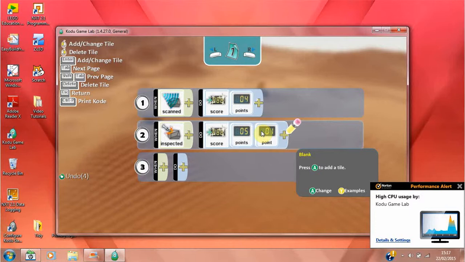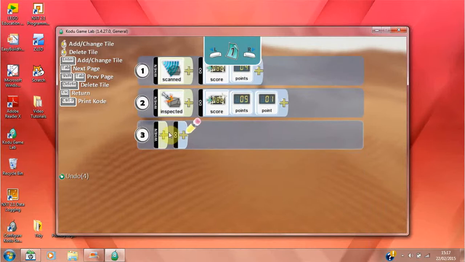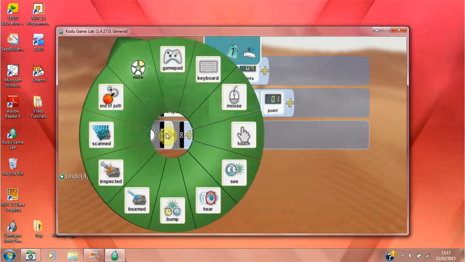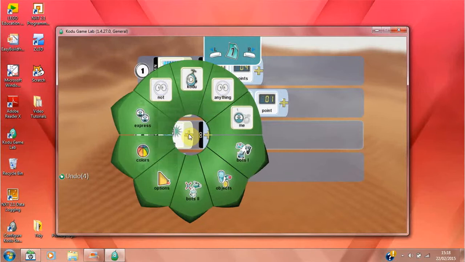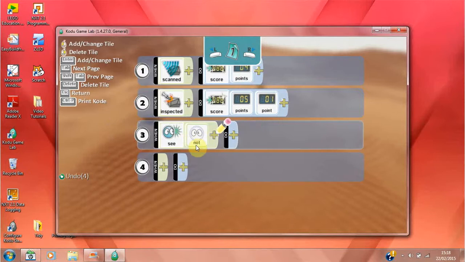And in my game the user will win when they have scanned and inspected all the rocks. That basically means when they've scanned all the rocks, there'll be no unknown rocks left, and then they will win. So once all the rocks are scanned, I'm going to press when we see, so Rover sees. And the way we say doesn't see is we say not. So when Rover doesn't see